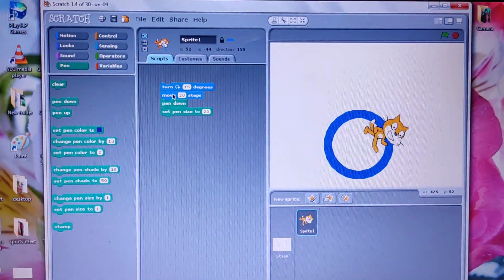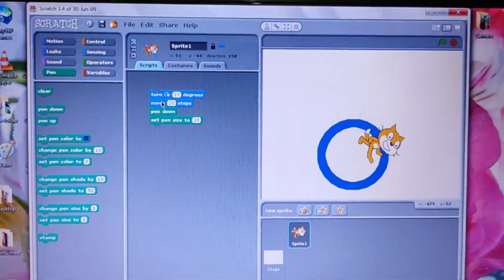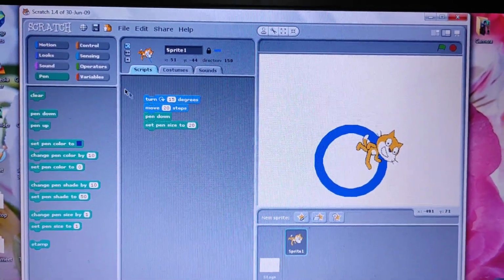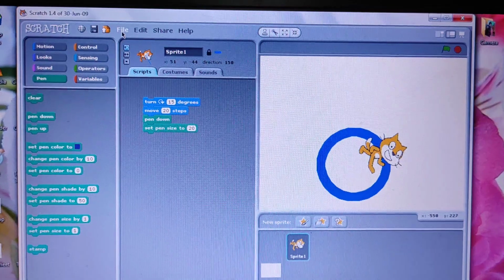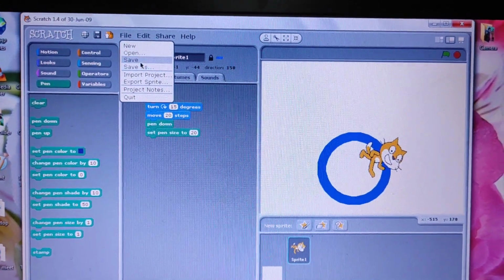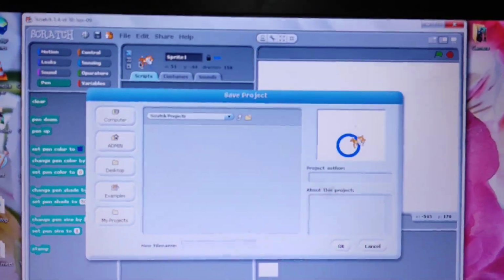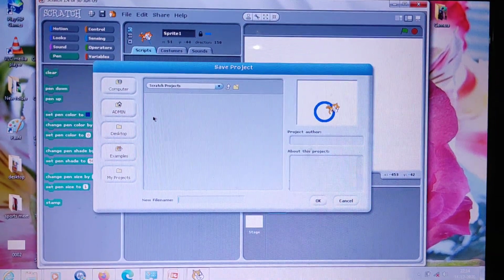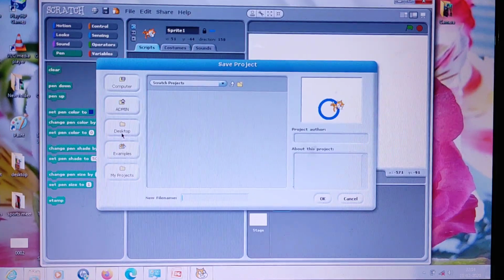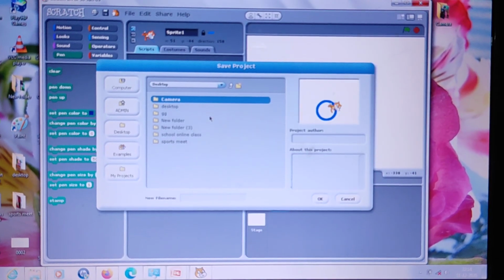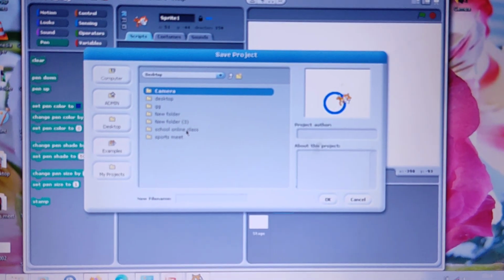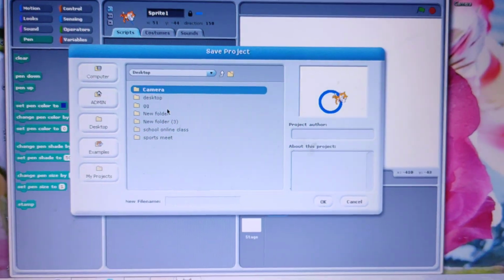Now next is how you can save a project. For that, you have to click on this tab, that is File. Now click on Save. A save project window appears here. After that you select a location. So I just select desktop, click on it, and in it you can select any folder according to your requirement.